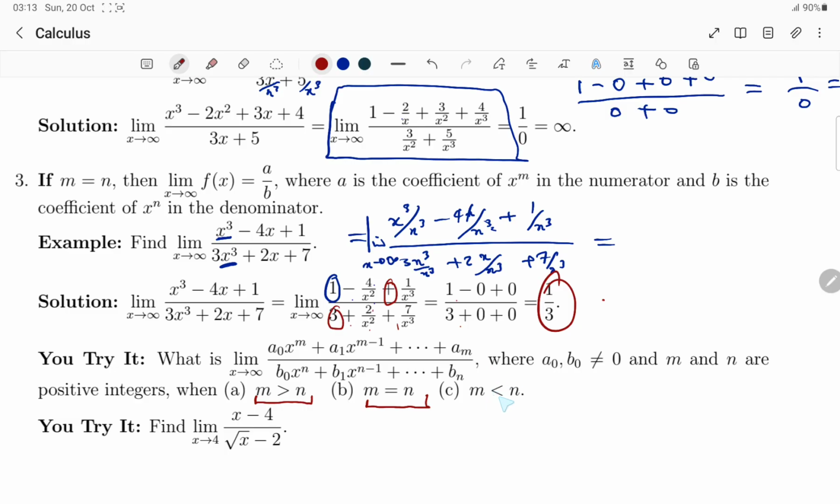Then if m is less than n, we can see that the power of the denominator is actually greater than the power of the numerator, which means it will give us something like 1 over x, and the limit of 1 over x as x tends to infinity will be equal to 0. So that one will give us 0. So this one we expect to be equal to infinity, this one to be equal to 0, this one to be equal to